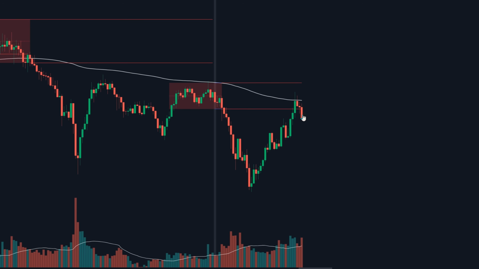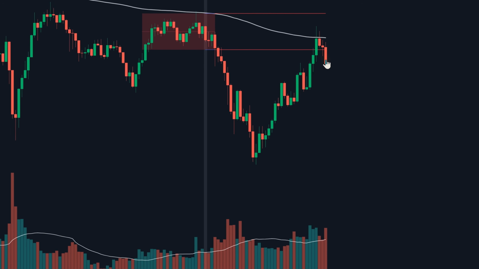Next, we need the retest candle to open and close below this 200 period EMA. This indicates that the market is in a bearish trend. Now, in order to enter our position, we're going to be looking for a bearish engulfing candle. And there you go. Then last but not least, for this engulfing candle to be valid, we need this last